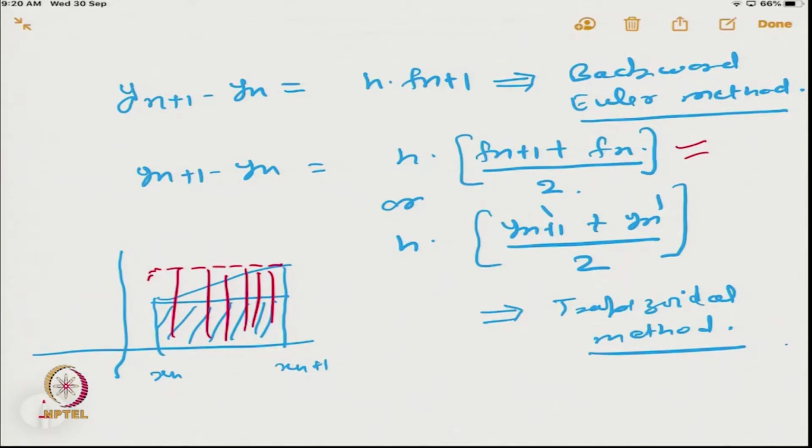Though we have seen only a few special cases like forward Euler, backward Euler and the trapezoidal method, let me see one more case of an implicit method, which is the second order Adams-Moulton method, because we have already seen the difference equation of that method in the last lecture.